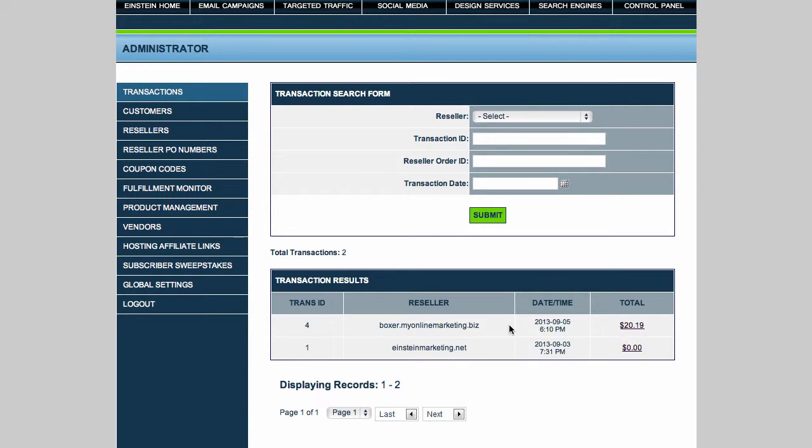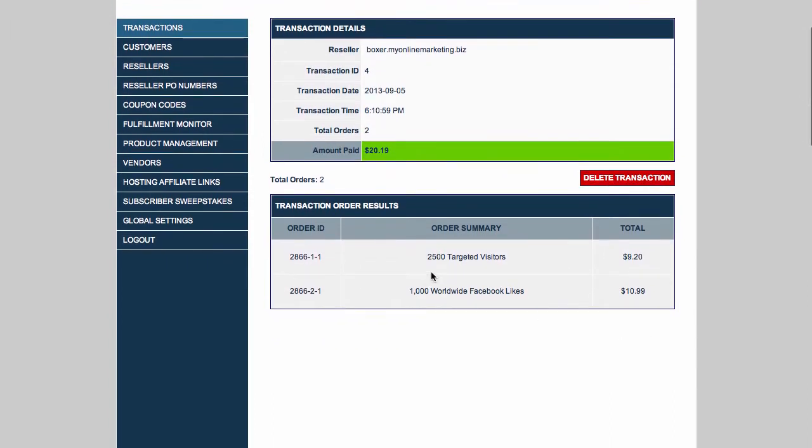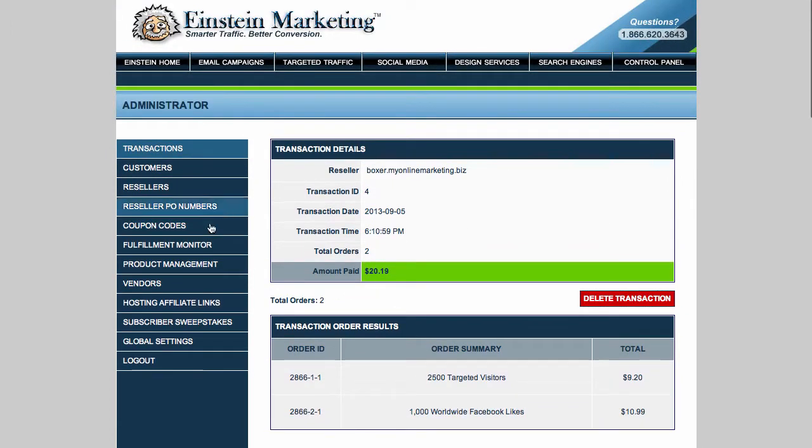So anyways, you can see the order in here, and you can click on the transaction ID. You can drill down. It'll show you 2,500 targeted visitors. Here's the worldwide Facebook likes, and you can see the order IDs here, which are basically unique to the reseller. So let's go ahead and show you how to actually fulfill the orders. I'm going to go to the fulfillment monitor,